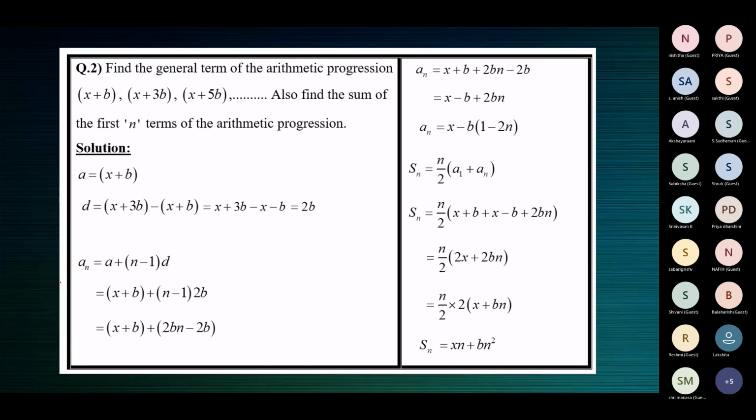Now, you should also find the sum of the first n terms of the arithmetic progression, Sn. Sn means first term A1 plus up to the nth term; the last term will be the nth term. If it is S11, the last term is A11. If it is Sn, the last term is An. So Sn is equal to n by 2 of the first term plus the nth term. Why is the last term the nth term? Because it is Sn, so An will be the last term. If it is S100, A100.